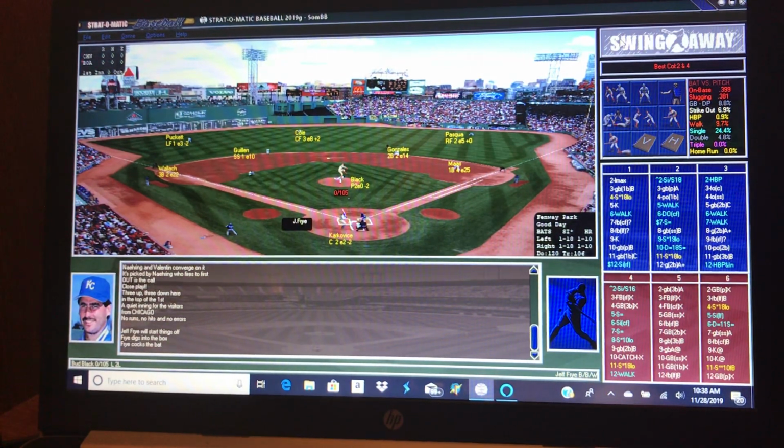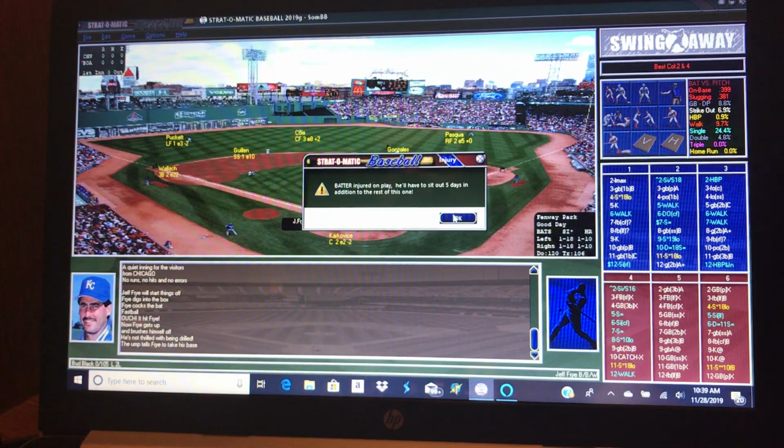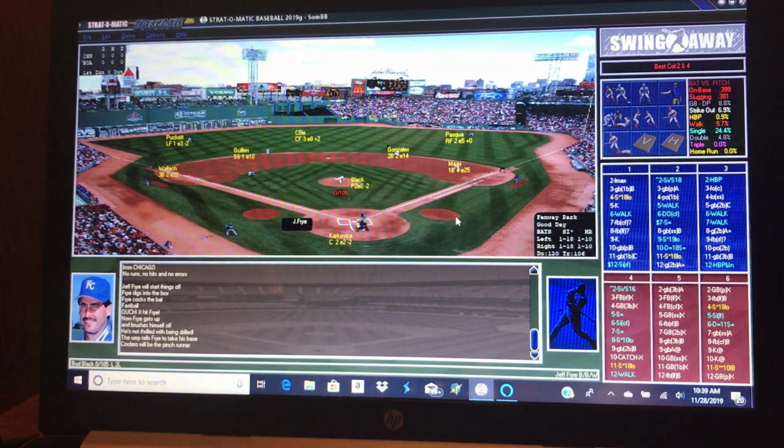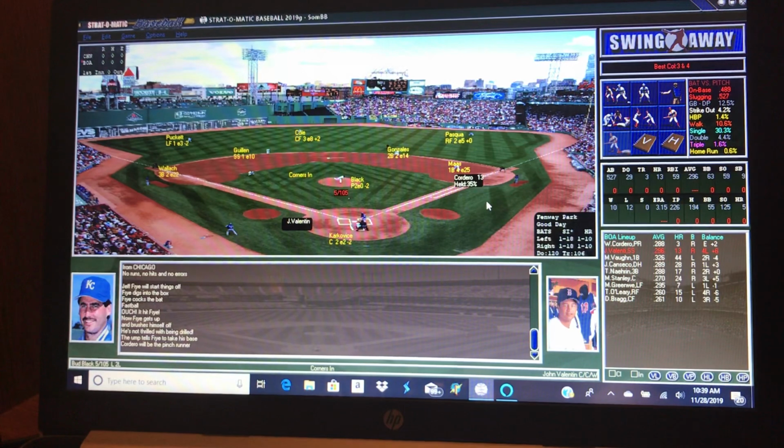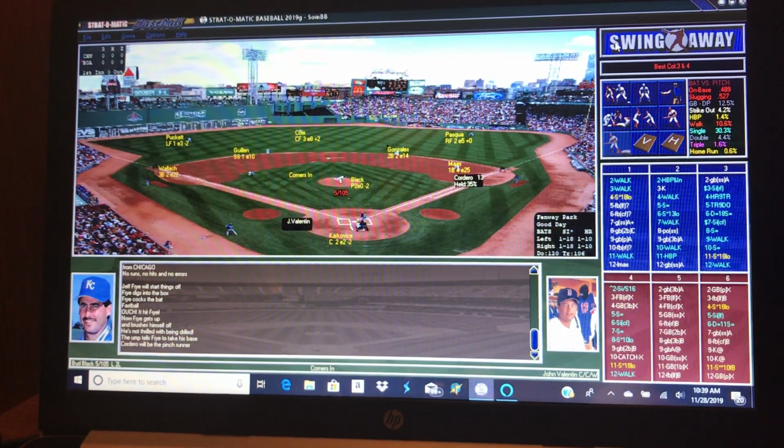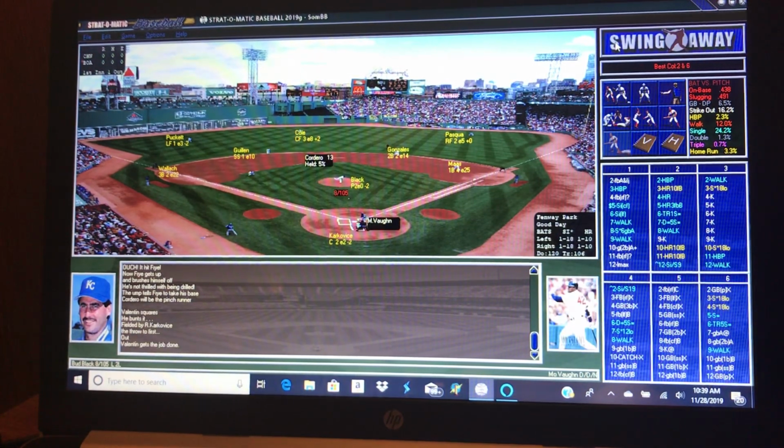Now Bud Black is pitching to the Red Sox, beginning with Jeff Fry, the second baseman. And he is injured and out 5 days, so I'm going to have to remember that. So they pinch ran Cordero for him. Not very good at stealing, so I'm not even going to watch him. And that was a sacrifice. And so now Big Mo Vaughn is up with a man at second and one out.